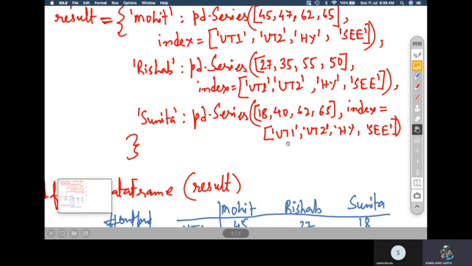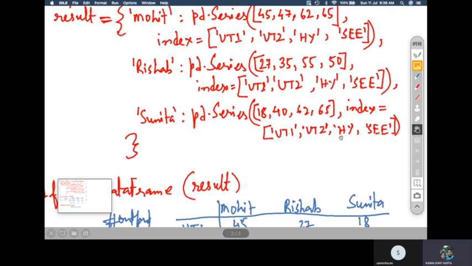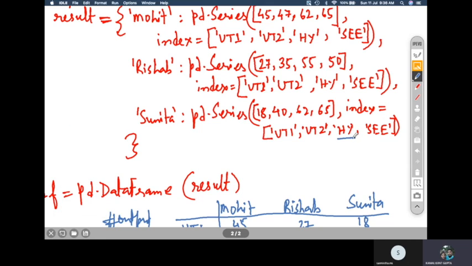But in the third case, if I write UT1, UT2, UT3 and UT4 in place of half yearly and SEE, for the last person, Sunita, what will happen to the result?